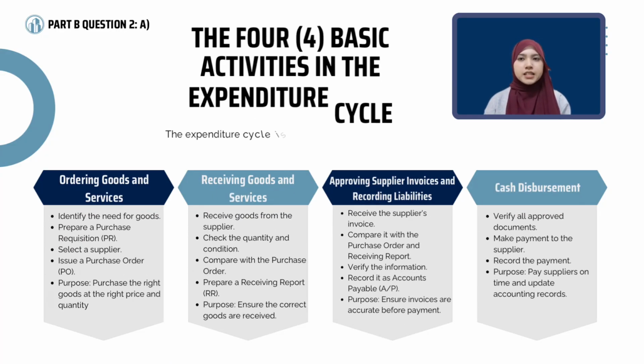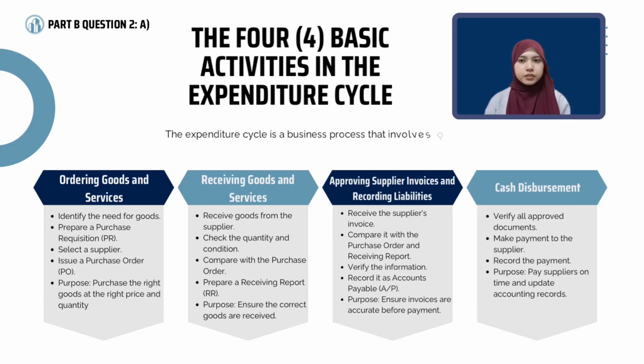Moving on, the four basic activities in the expenditure cycle. Firstly, the activity in the expenditure cycle is ordering goods and services. The process begins when the company identifies that inventory or supplies are running low. A purchase requisition is prepared and the purchasing department selects a suitable supplier before issuing a purchase order. The purpose of this activity is to ensure that a company obtains the required goods at the right quantity, quality,